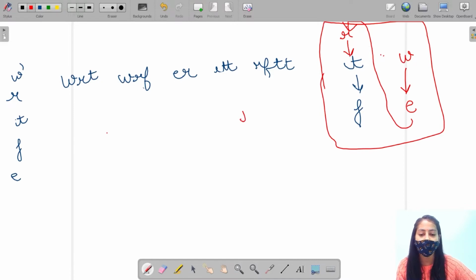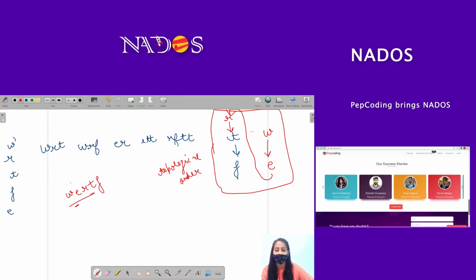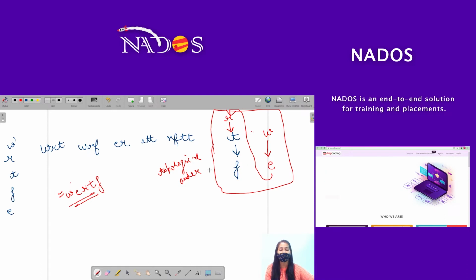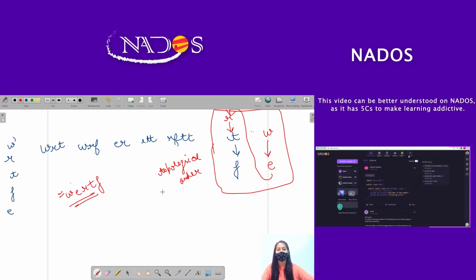So if I perform topological order of this graph, then it will tell me the string of unique letters sorted in the increasing order, that is W E R T F. So this is our answer. So we have to create this graph and we have to perform the topological order on this graph.